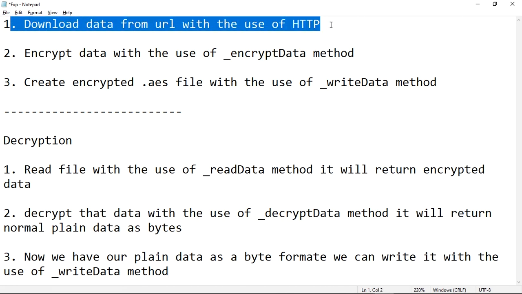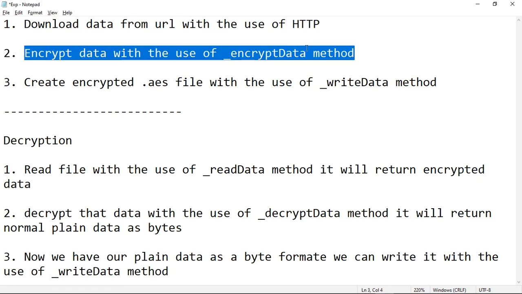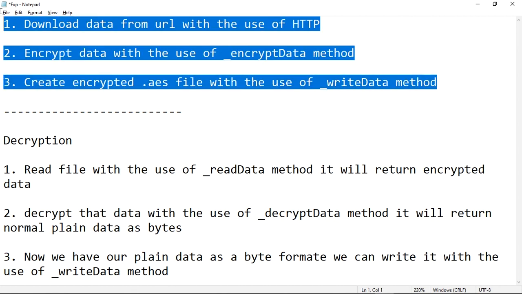The second step is to encrypt data with the use of the encrypt data method. It will encrypt our data and return encrypted bytes. The third step is to create the encrypted .aes file with the use of the write data method. So these three steps will be done when we click on the download and encrypt button.